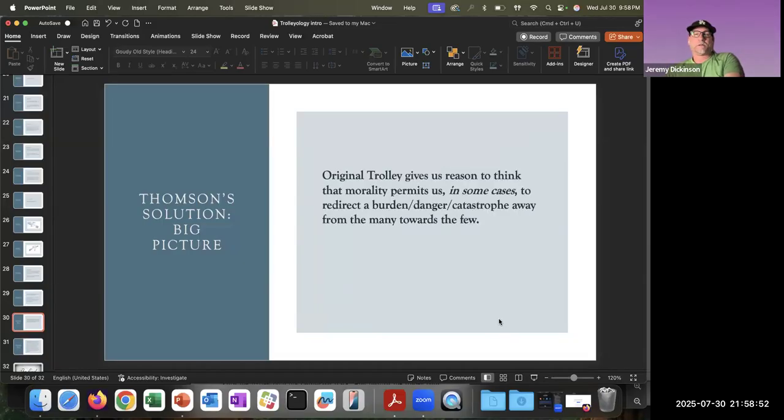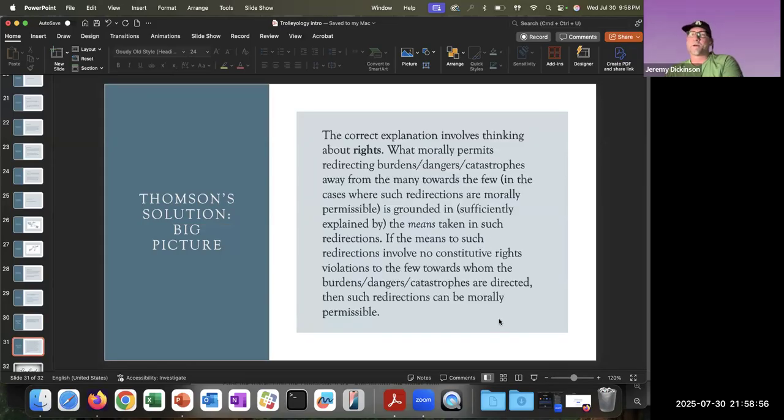Now later, Thomson, when we think about the original trolley or the trolley driver case, the bystander case, Thomson wants to revisit, in part because she mentions a PhD student. This is roughly 2008. So the paper was published in 2008, but the conversation she had with this PhD student may have been as early as 2006 or 2007, as far as I know.